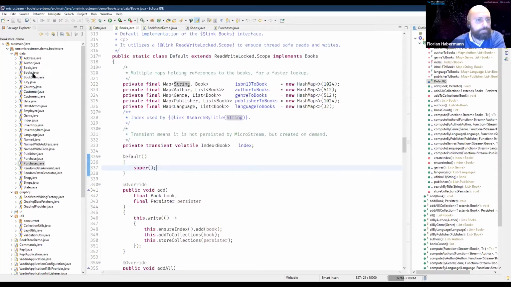Especially for books, I think there is a good approach to use a key for the first letter of the book name. For example, if it starts with an A, you use A as the key value for the map, and all books starting with an A are in the lazy loaded list. So I think that's a good solution for books, or logical keys, if you will.